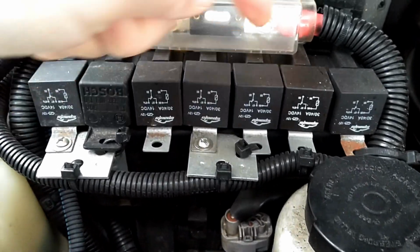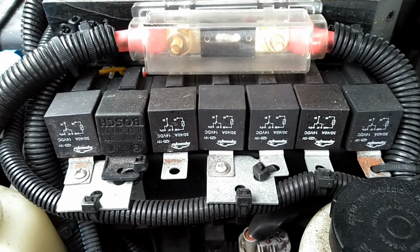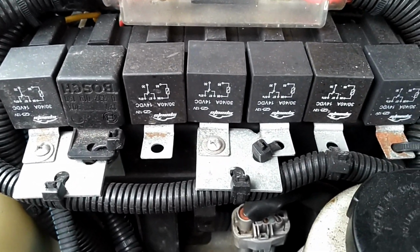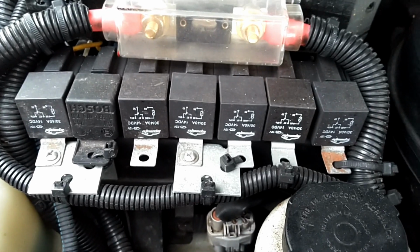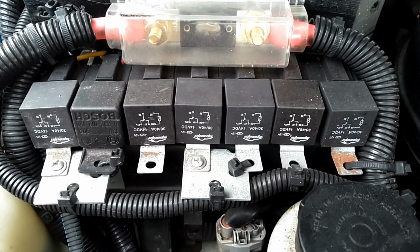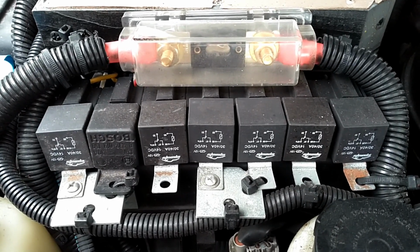What's nice about the way these sockets are arranged is that the sockets have teeth on them, and they actually can be snapped together like a giant Lego set, mating teeth one to the next. So all 7 of these relays are actually hooked together into one giant assembly. So therefore I just needed to put some wire ties here in a couple spots to keep the whole assembly from bouncing, and that was able to retain all of them without having to put an individual bolt through each one of these tabs. Obviously that would be another possibility, but this worked out pretty easy and pretty quick. So I was happy with the end result, and as I mentioned, it's been absolutely trouble-free. I've not had to replace a single fuse. Nothing's blown. Everything has worked exactly as intended,